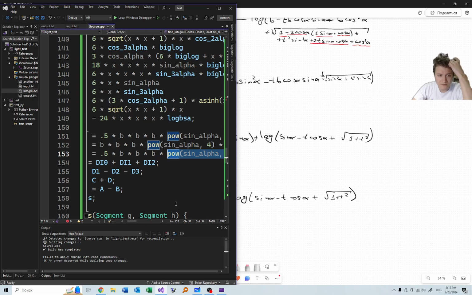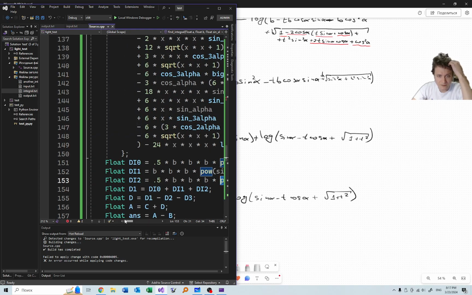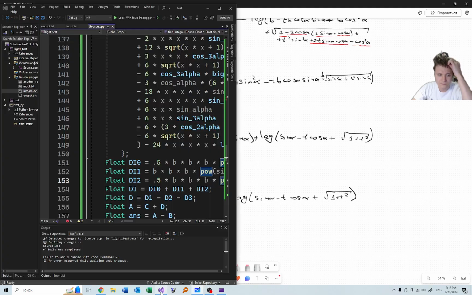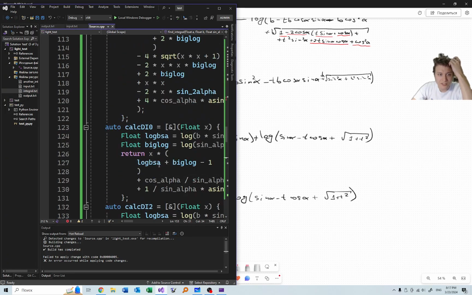We need to integrate several things. Okay, let's look into this formula